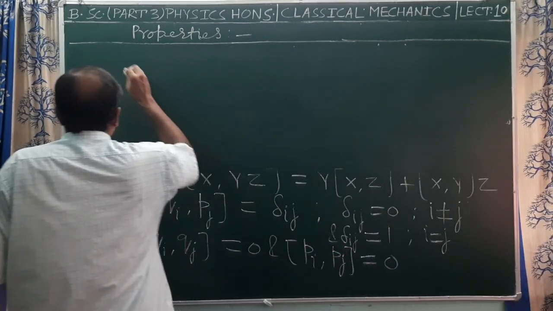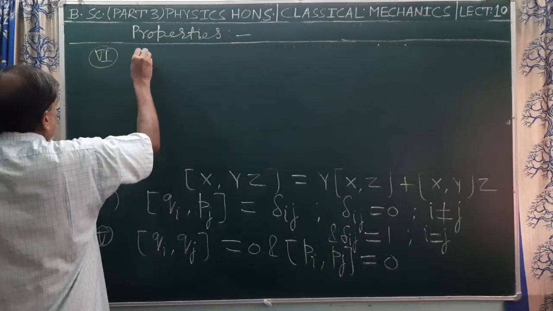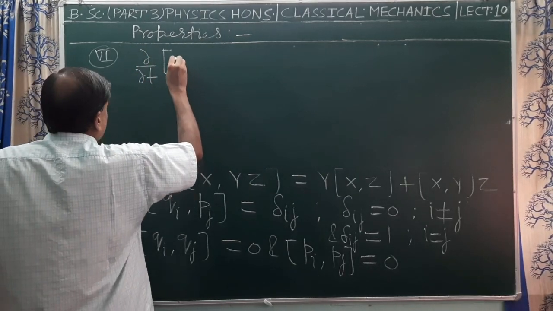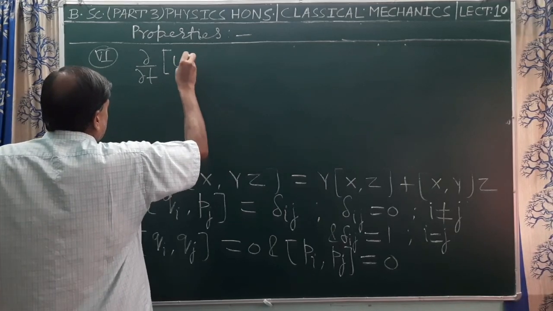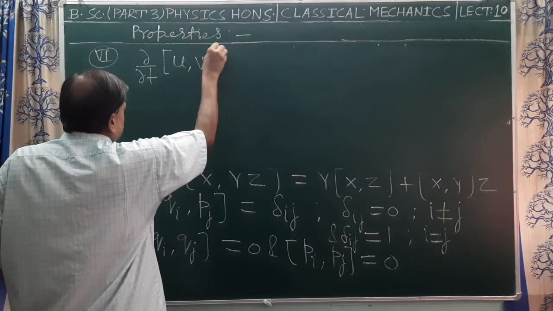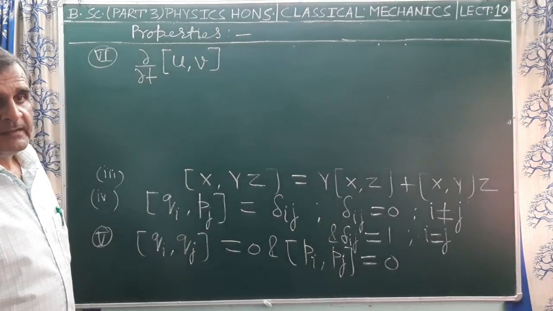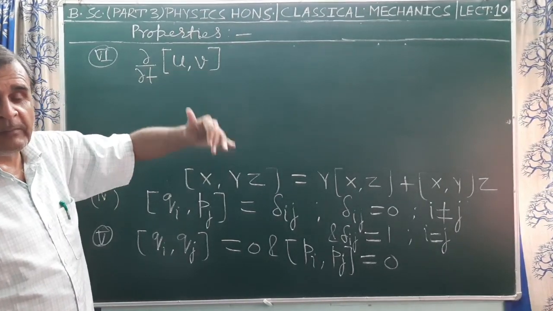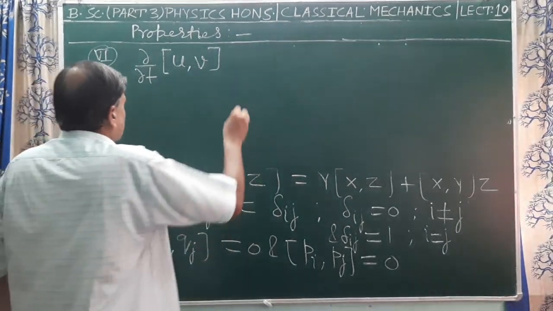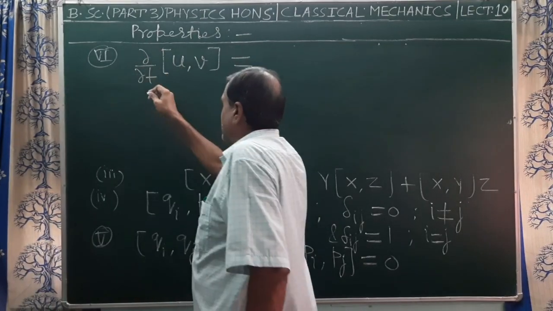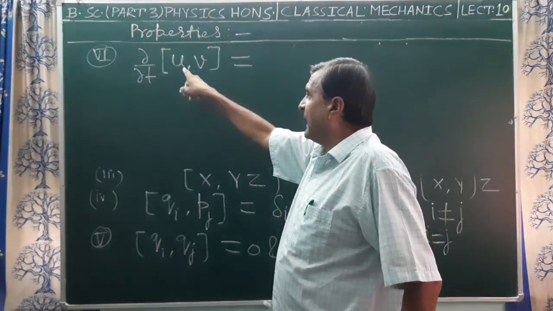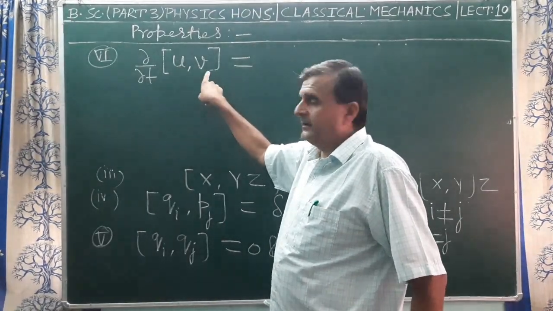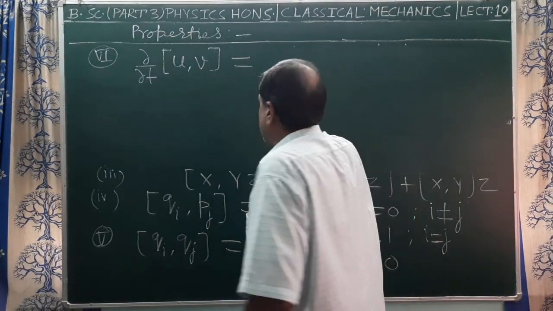So now property number 6, and it is the partial time derivative del upon del t of the commutation relation of two dynamical variables, say u in place of x and v in place of y. Now the partial time derivative of the Poisson bracket of two dynamical variables u and v, that is del upon del t under square bracket u comma v bracket closed, can be expressed as